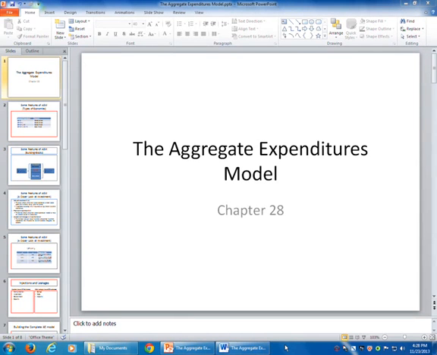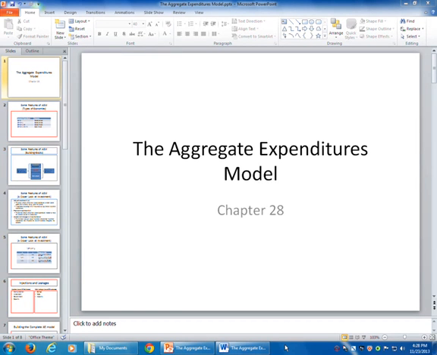This is Professor Michael Fournet again, and this is the second lecture for week 4, where we're looking at how to build a model for the economy. And this model building process began for us in chapter 27, where we introduced the consumption function, savings function, and the concept of the multiplier to help us to start laying the foundation in the